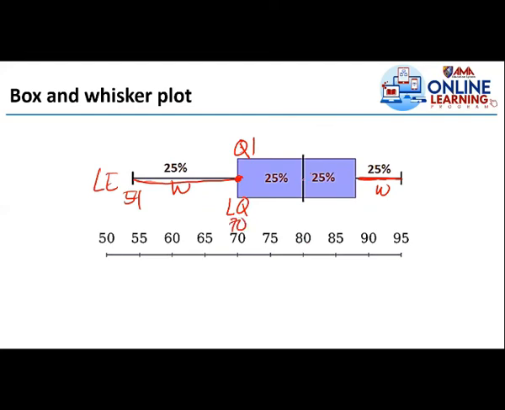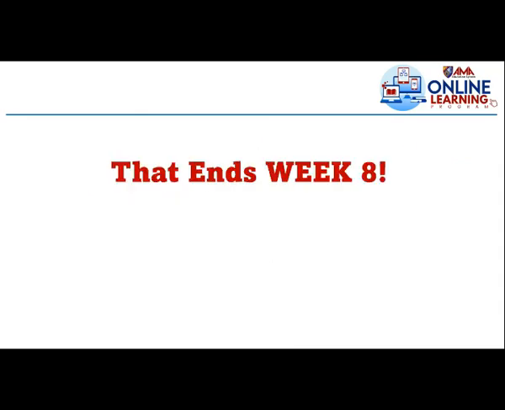While this one is the median, its value is 80. This is quartile 2. This one is quartile 3, the upper quartile, equal to 88. Then this one is the upper extreme, equal to 95. Okay? So that's it. That ends our week